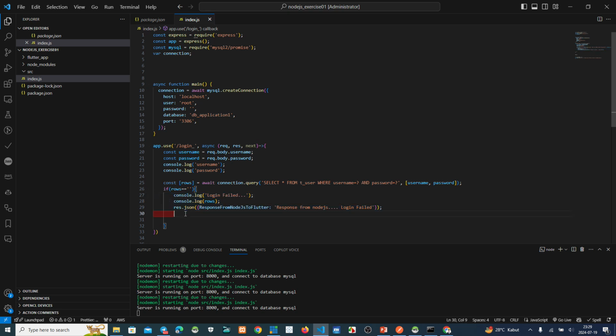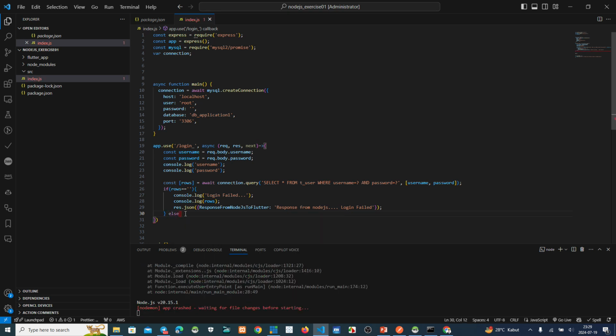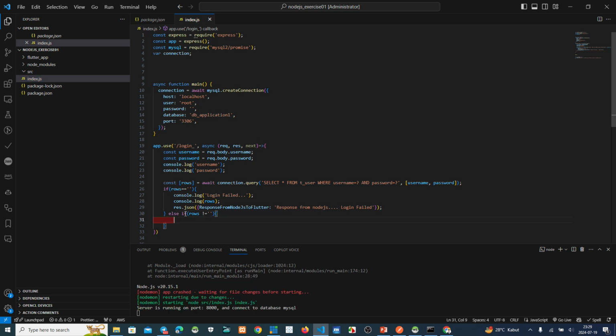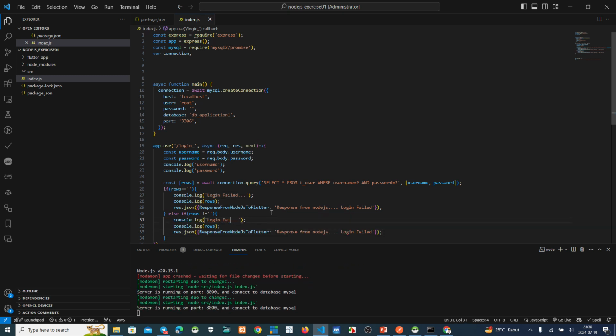So how about not blank? This one is blank, else this one, if rows not blank, maybe we copy this: login success.